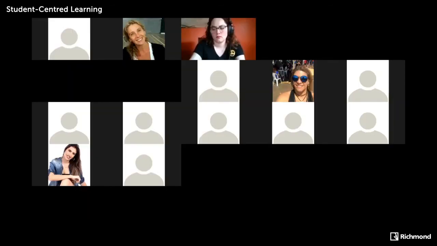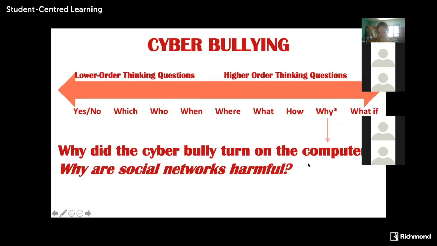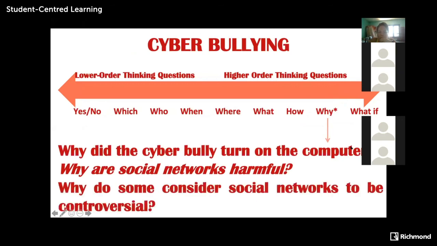Does anyone see the problem there? You may see the word harmful is a leading adjective. So what we want to do is be really careful when we use words like this. And for instance, you could say, why do some consider social networks to be controversial? In any case, I just wanted to show you that when we choose specific words, it can either lead to lower order thinking or higher order thinking questions